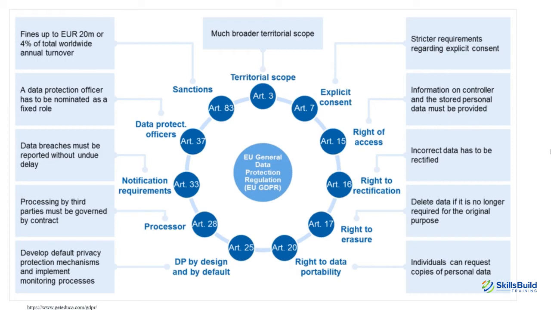the interesting thing about GDPR, for those who fall under it, is there's a much larger financial sanction on an organization that's found to have broken it than there has been in the past. As you can see, it's fines up to 20 million euro or 4% of total worldwide annual turnover. So basically, they can fine you up to 20 million euro. And if you're living in the United States, the euro and the dollar usually trade about even, the dollar probably a little more. So we'll say between 15 to 20 million dollars, depending on the exchange rate, or 4% of your total worldwide annual turnover,